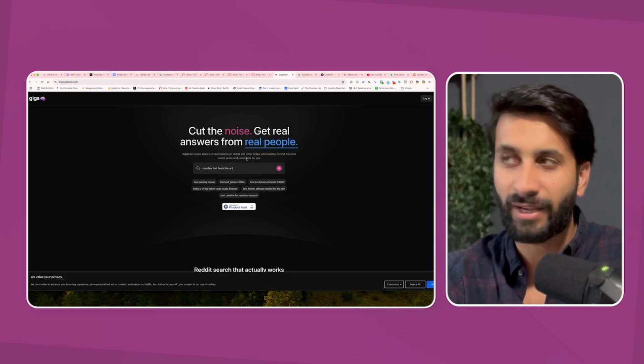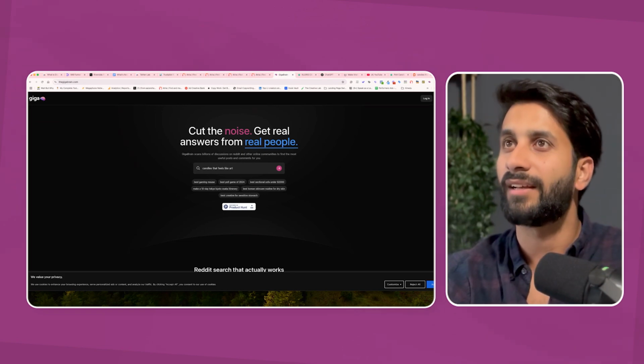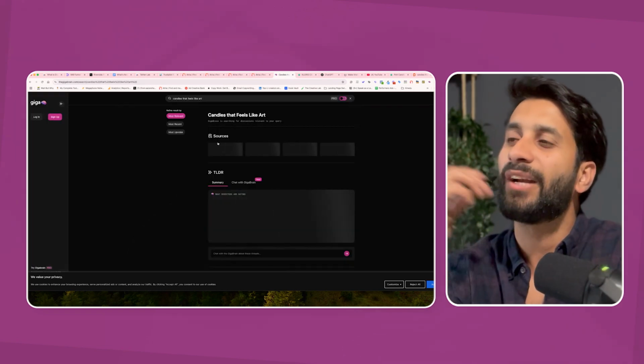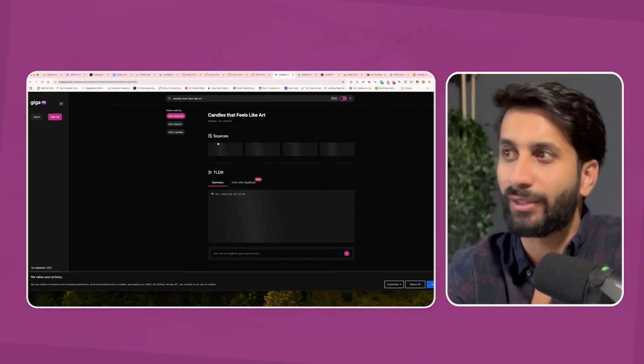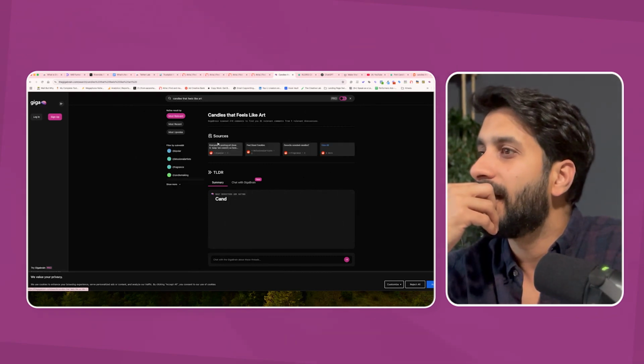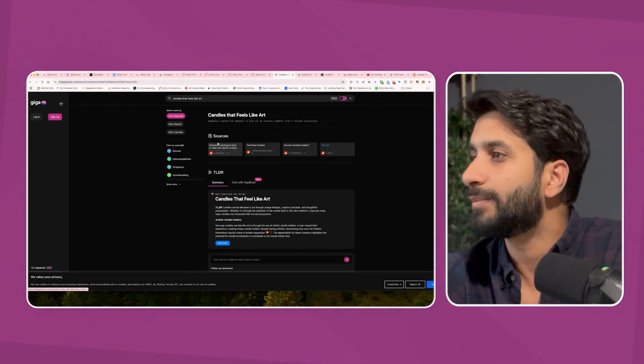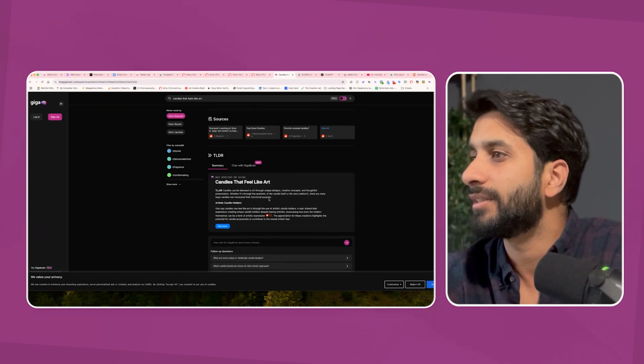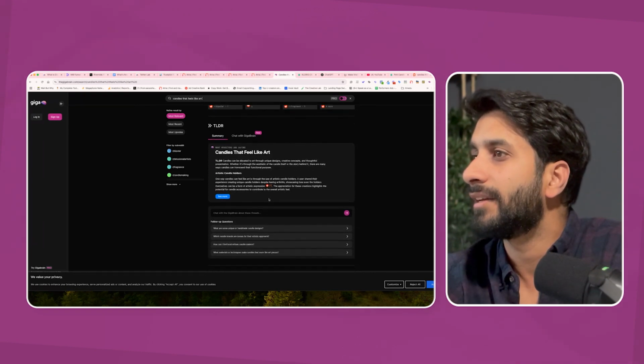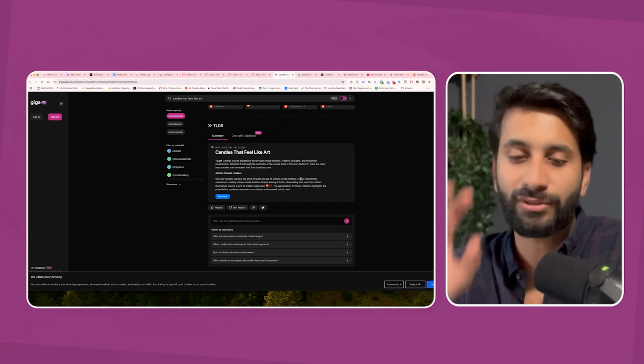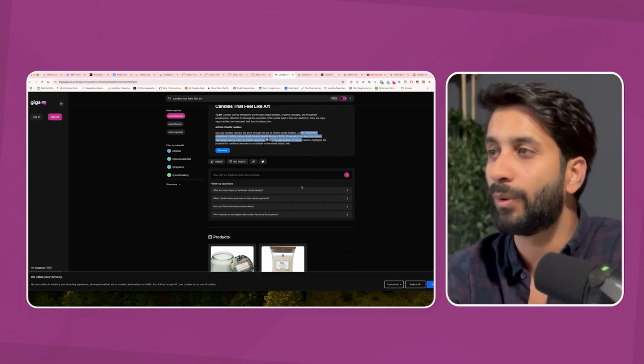reduce my research. I use the Giga Brain, and it already gives me some more resources on what people are using. So it's like, okay, candles can be elevated art through unique experience, creative concept, thoughtful presentation. One way candles can feel like art is through artistic candle holders. A user shared the experience. So I'm just going to go after candles that feel like artistic holders.